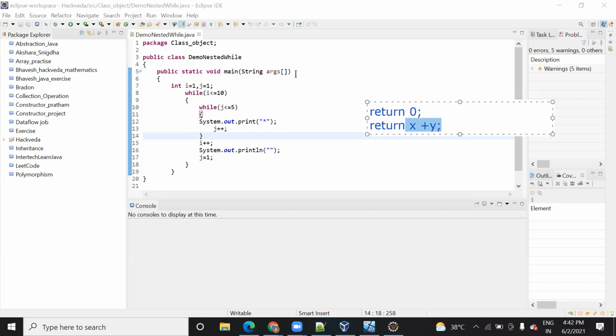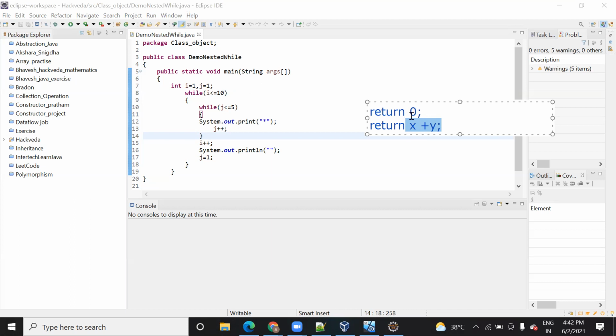Okay, so it will not just print, it will return the value and come back to the program. Yes, correct. The return keyword is used to return a value and take the flow of the program back to this method so that it can start execution again. That's why in a user defined function we write return x plus y or return 0. Return 0 means you don't have anything to return.